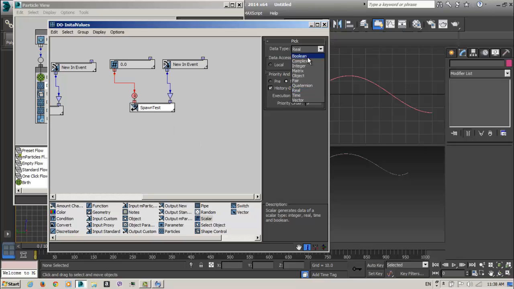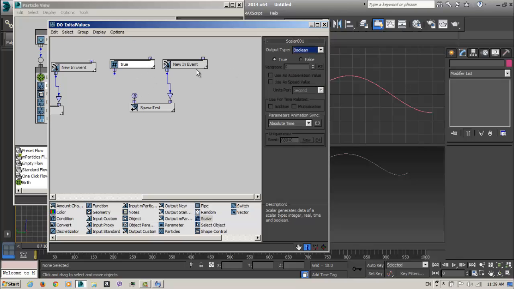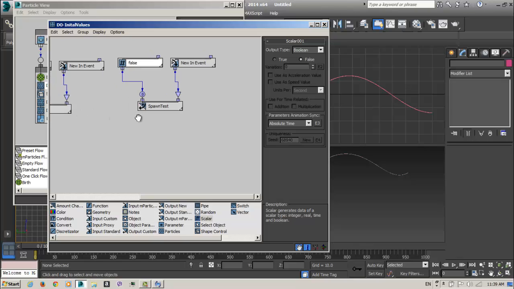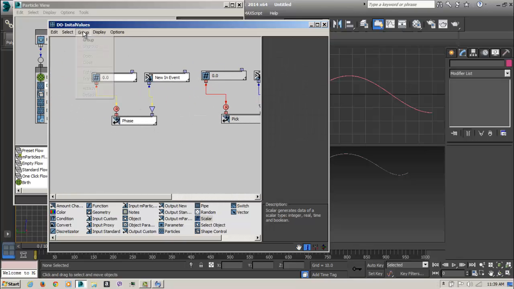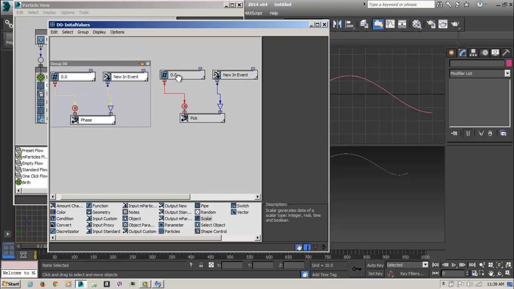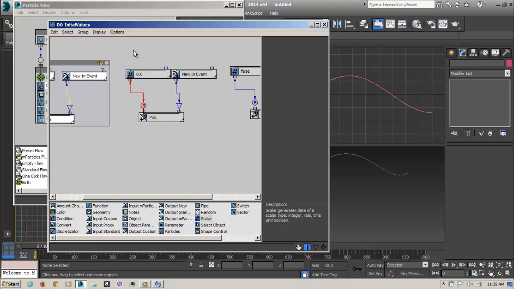And this should not be real, this should be boolean, which will be false at the beginning. Okay, so we created 3 variables, so we can select them and group them also.